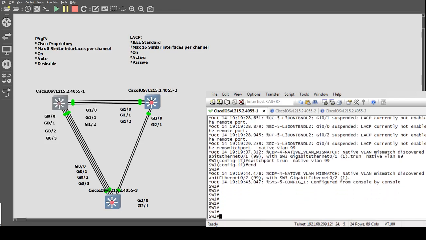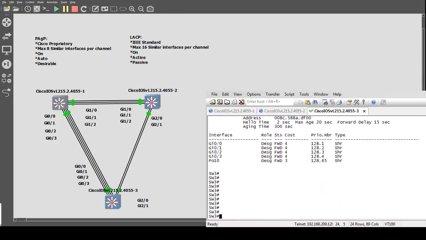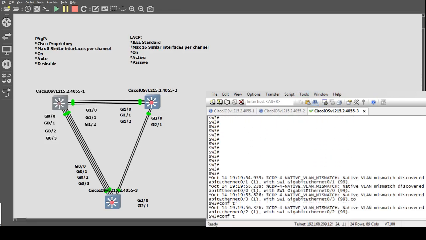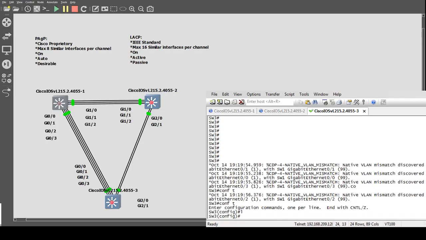Yep, so that should be running. Going to interface 3. So I'm sad it didn't work, but if this is PAgP and LACP in use, it should allow the EtherChannel to be brought up. But for some reason it isn't, so